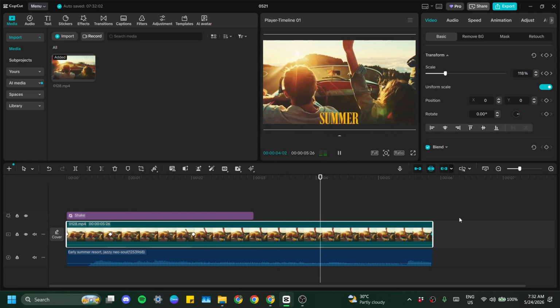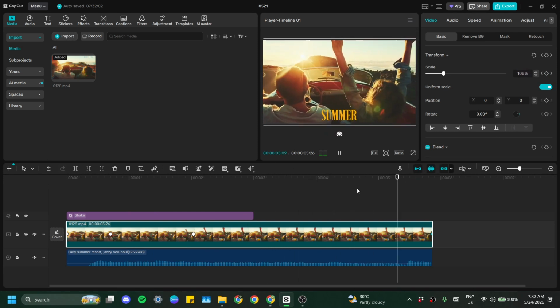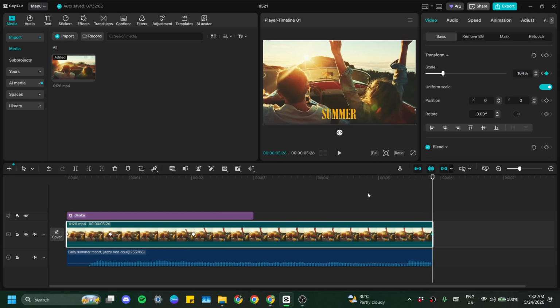The workflow stays the same. When you preview, you should see a crisp push in, a confident pause, and a natural glide back out. Perfect dynamic